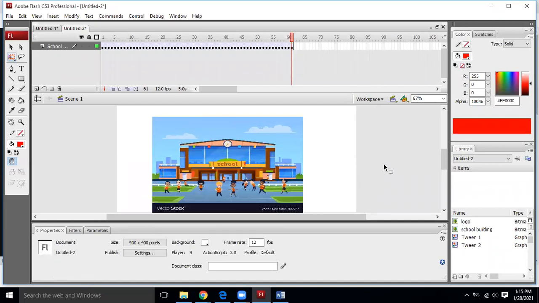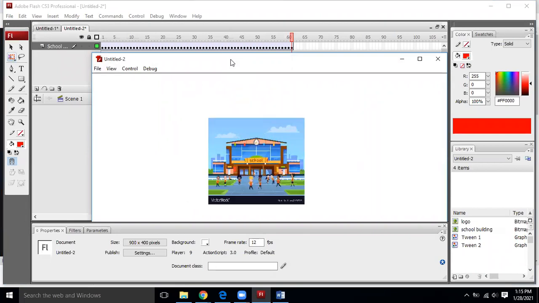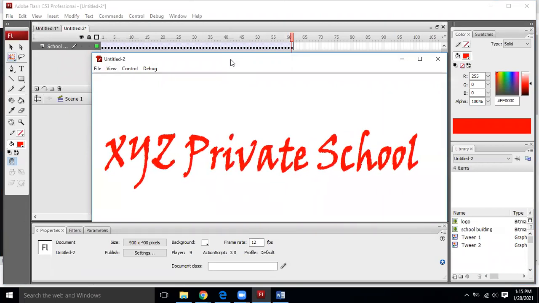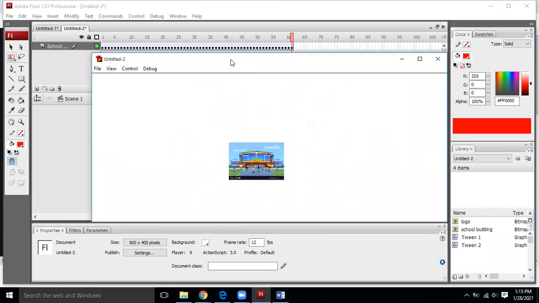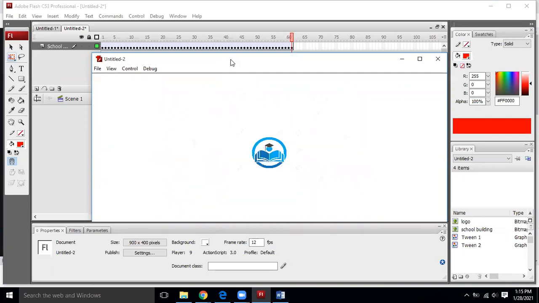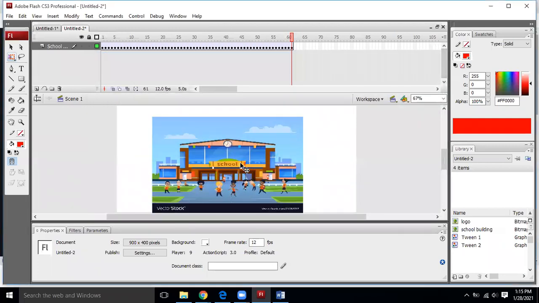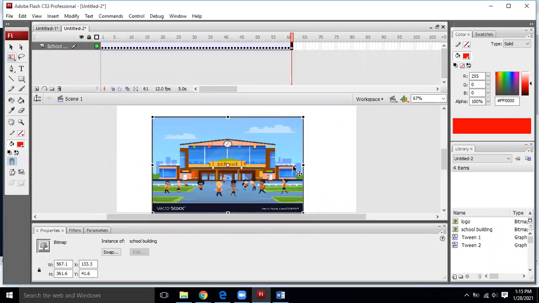Okay, fine. Now if I run it, you will be able to see first the XYZ Private School text is coming, then the logo is coming. The logo not only comes out by enlarging but then goes back by minimizing. So we can do the same thing with the building as well. Can we? Yes, we can. I press F6 again and resize it to minimize it.